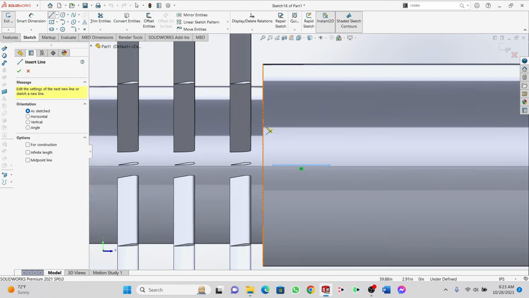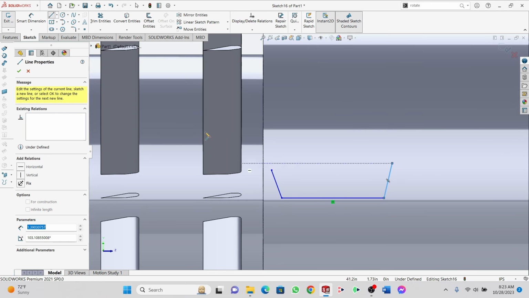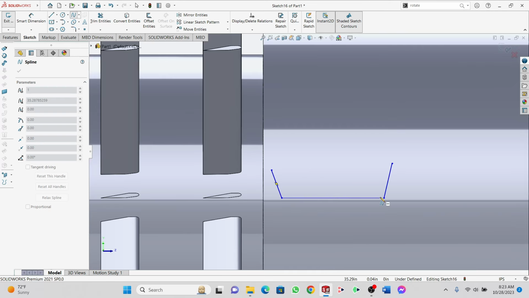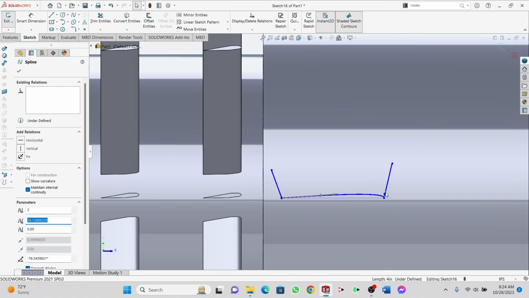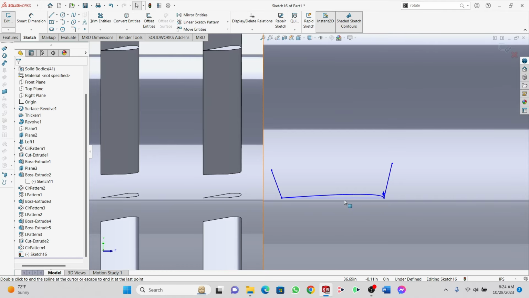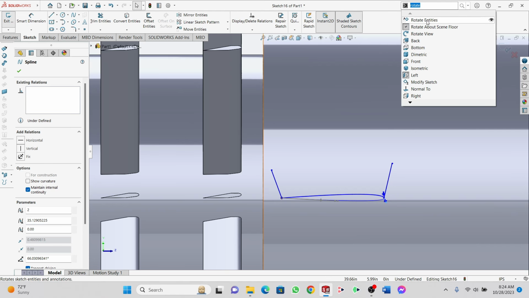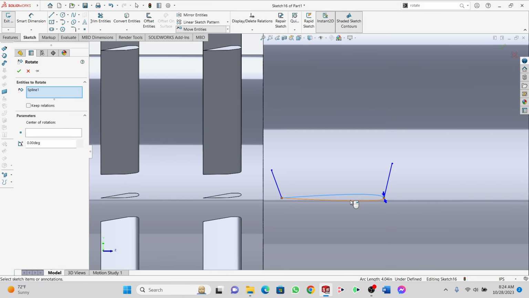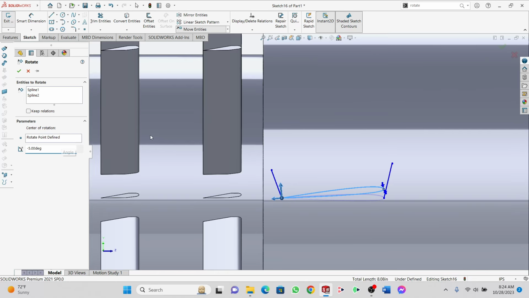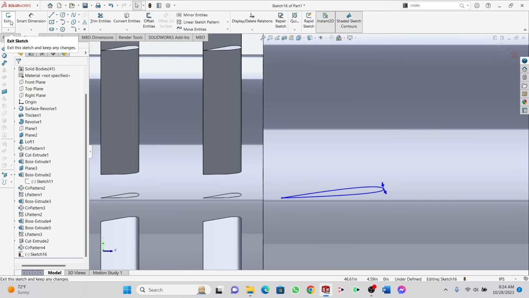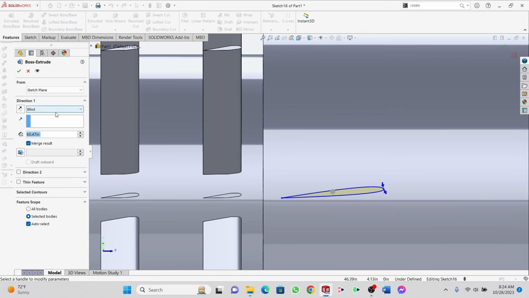Then go to sketch, trim entities, select the spline line. Again give it a positive angle of attack, go to rotate entities, center of rotation will be the rear point, minus 5 degrees. Trim these unnecessary lines and go to features, extruded boss, and